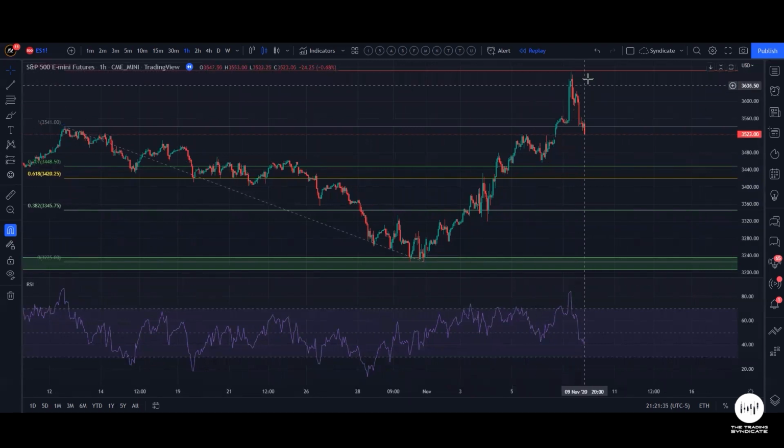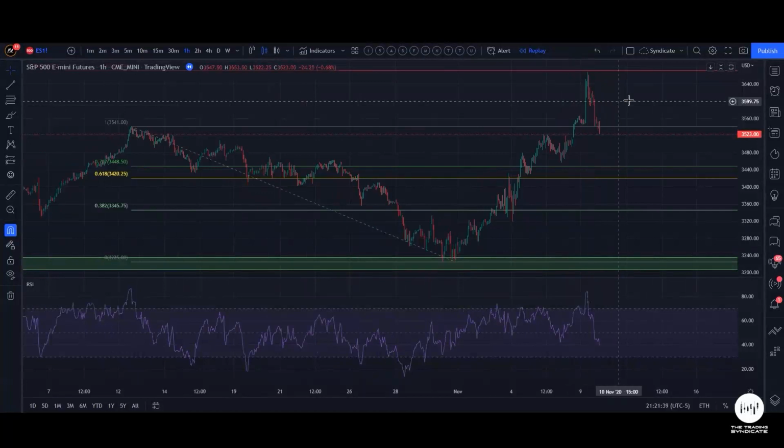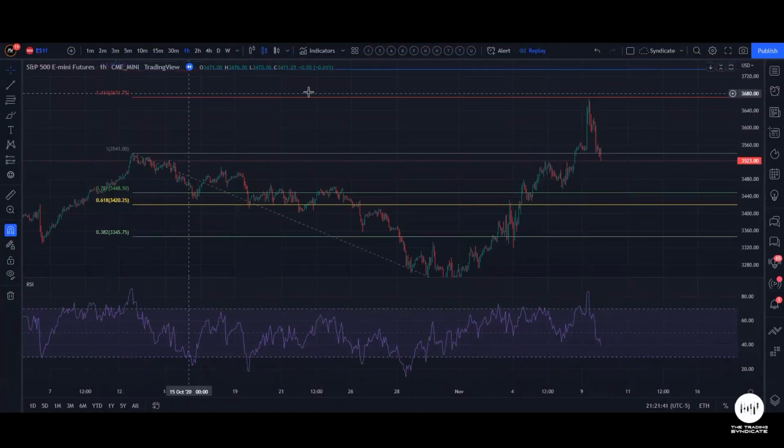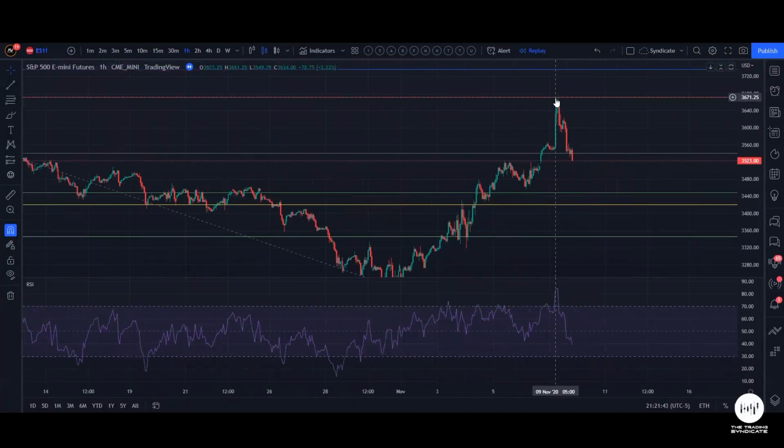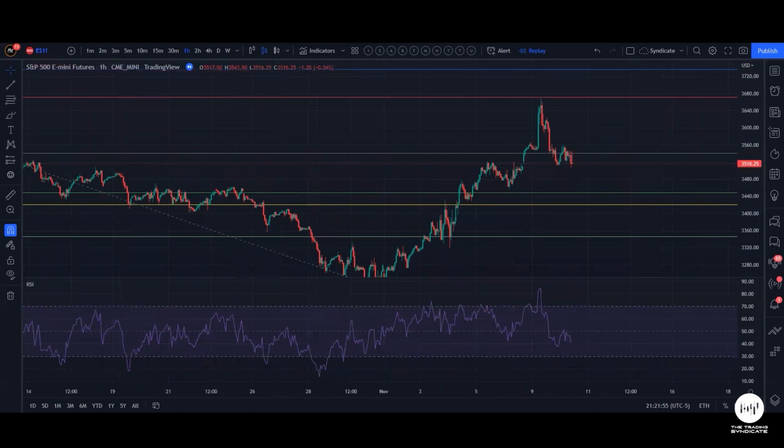Now, sometimes it might appear like this, where you get very close to the 1.414 level, as we see over here, but not exactly touch it. It's okay to take profit there on some of your position, but remember, the rule is only set the stop loss to the one level if the 1.414 level is broken. So if we continue playing this out,